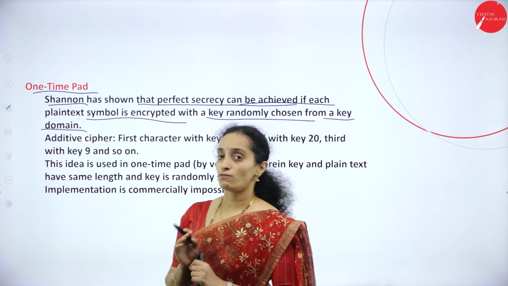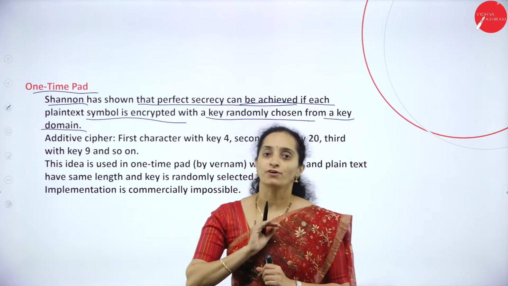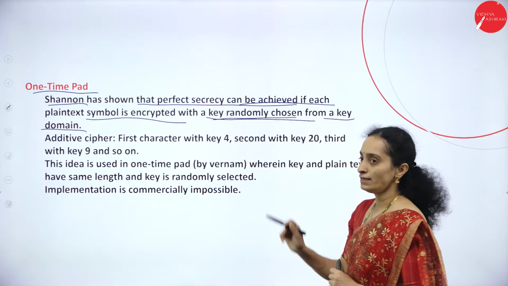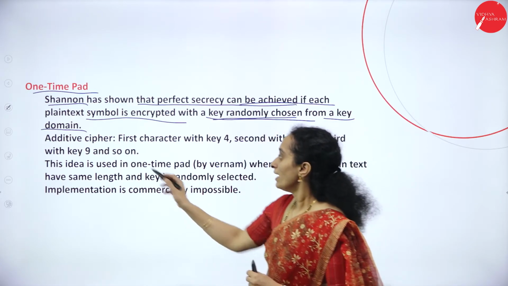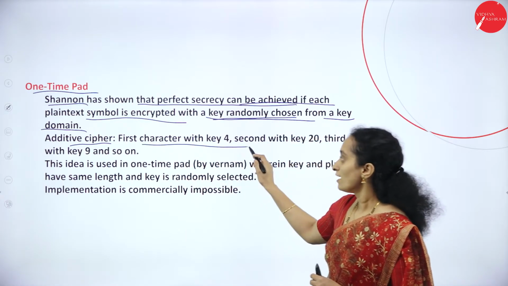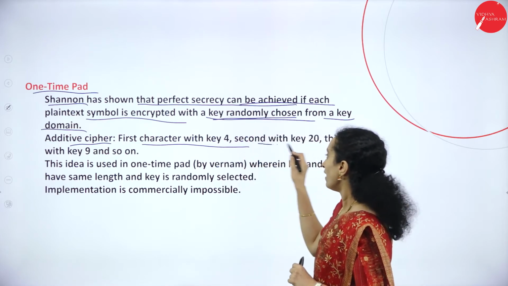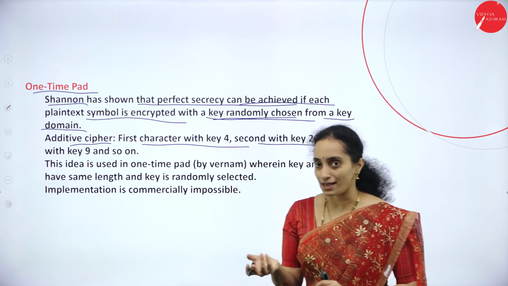So to avoid this, Shannon suggests that instead of a single key for all the characters in the message, the encryption must be done with a randomly chosen key. Like in the additive cipher, the first character is encrypted with key 4, while the second will be with the key 2. We are going to change the keys.